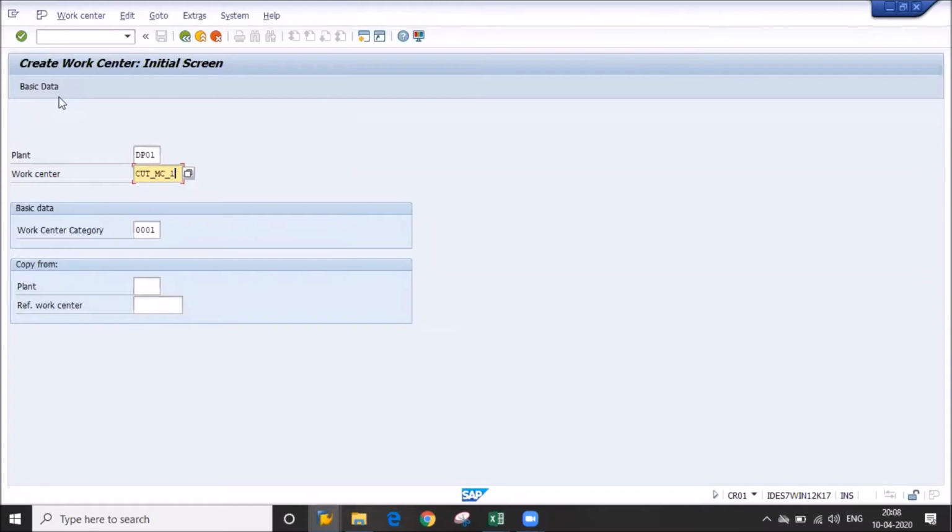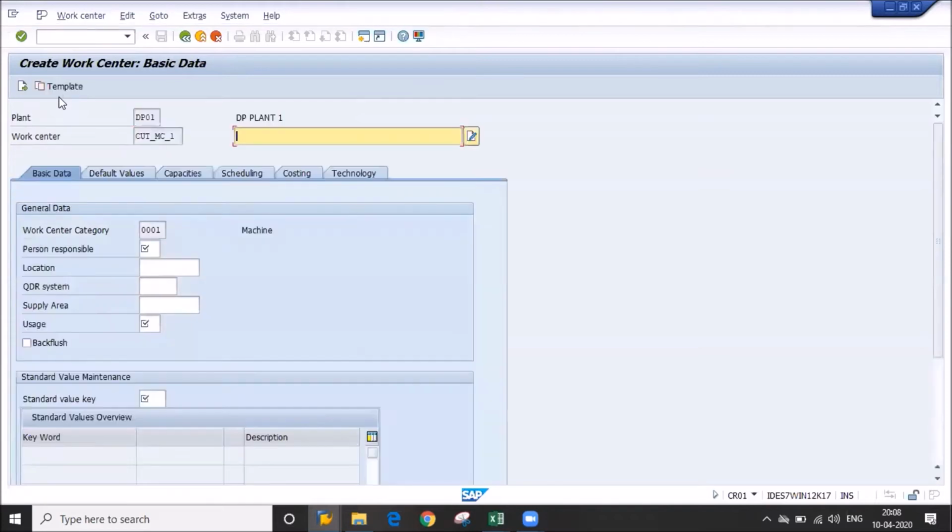What is confirmation? Listen, there are 4 steps in production order: order creation, goods issue, confirmation, then GR. In confirmation, we give how much time is required to produce that component. If you see the laptop, we check how much time I performed. That is a confirmation, the labor time.